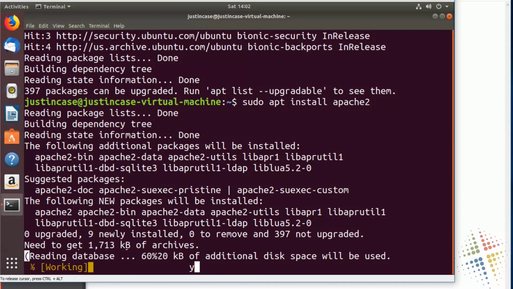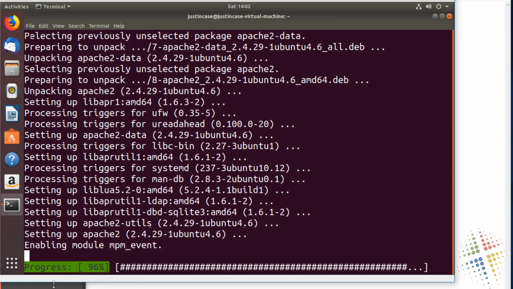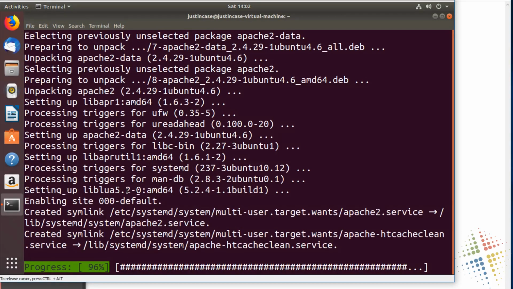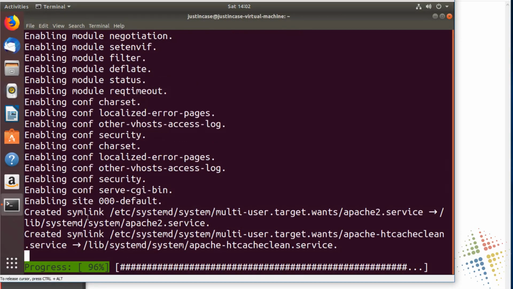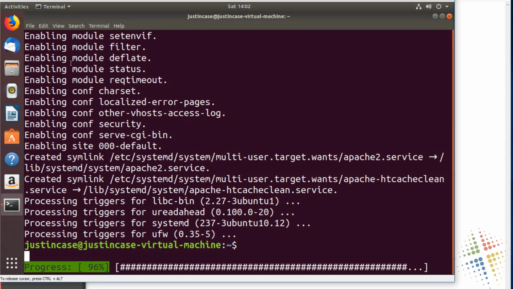So this will go ahead and download all of the updates necessary, all the packages, and install Apache for me. And there we go, Apache's gone ahead and installed. The last thing I need is I need to actually start it. So in order to start